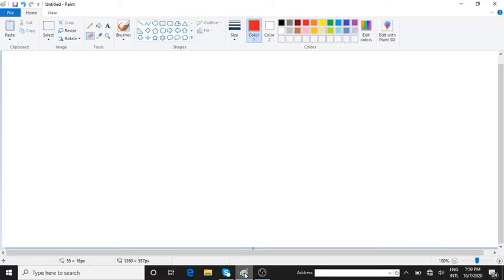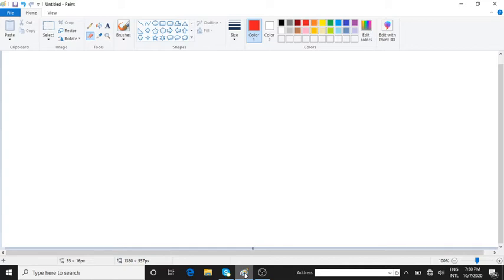So, you came to know various tools that you can use in Paint. Is it so? Paint can be used to draw and color pictures on the computer. Fine. So now I'll be letting you know what are the different tools that are used in Paint.